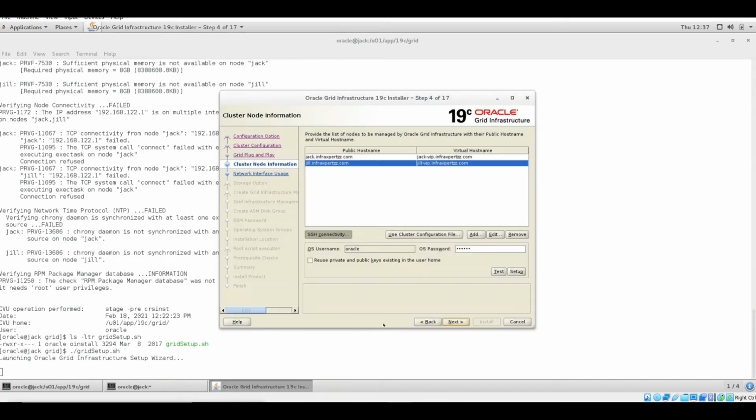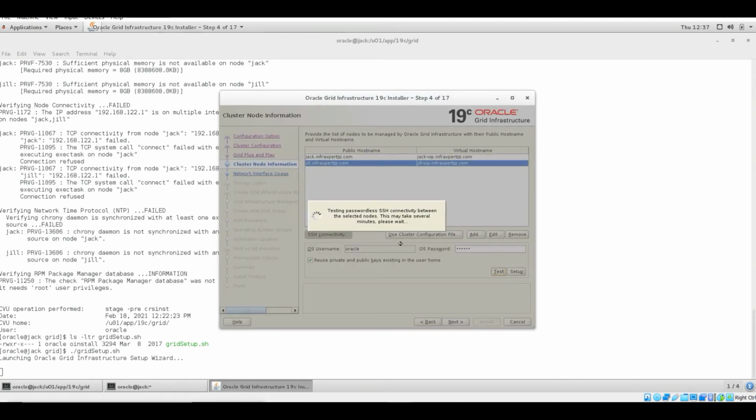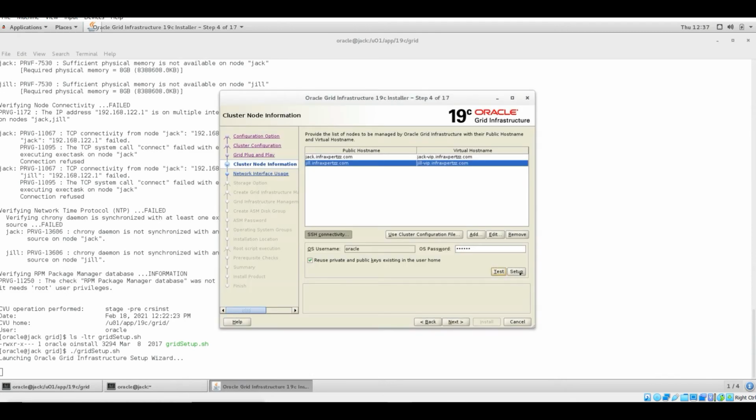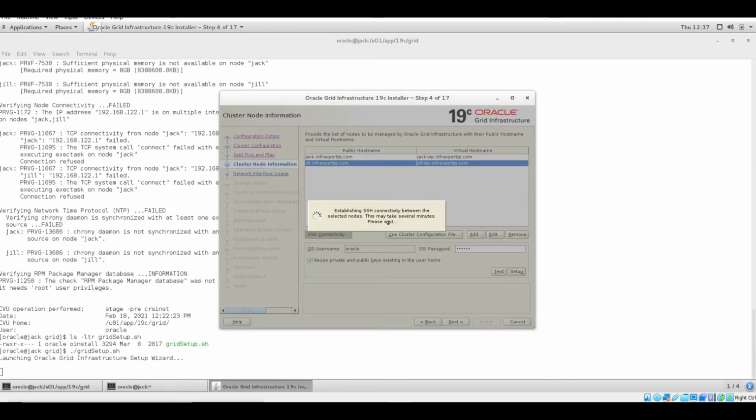Password SSH is not set up. So you can see this is not set up, it is saying. So let me proceed with the setup again.